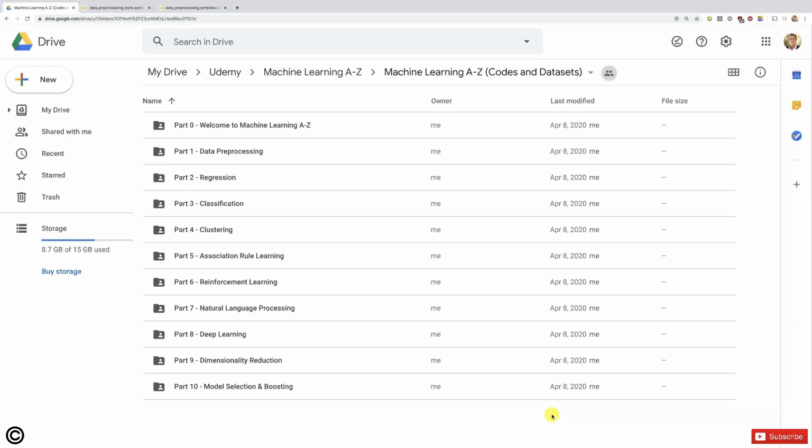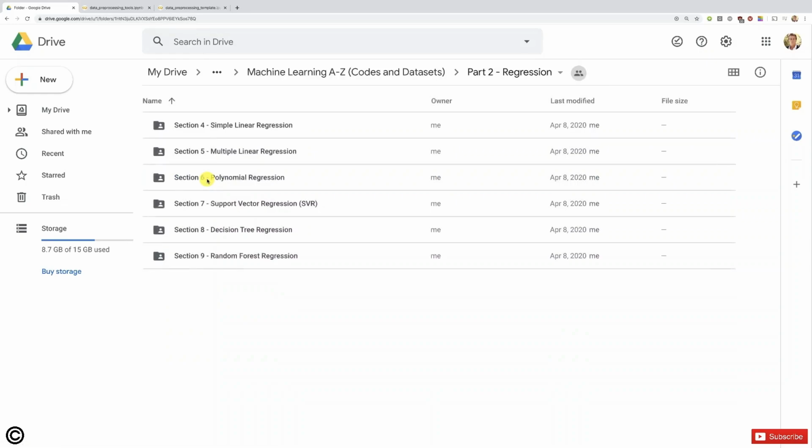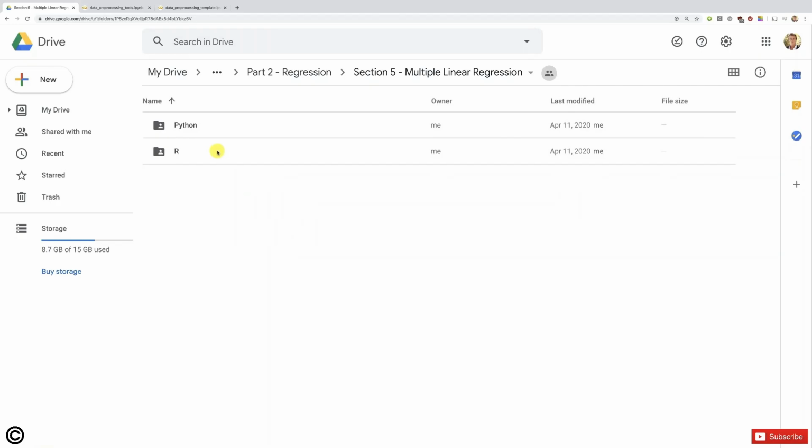Just before we start, I just want to make sure that everyone here is on the same page. This is the whole Machine Learning A to Z folder containing all the code and data sets. And now we should be all on the same page, ready to start this new machine learning model, which is of course in part 2, regression. And now we're going to go of course to the multiple linear regression folder, and we're going to start with Python